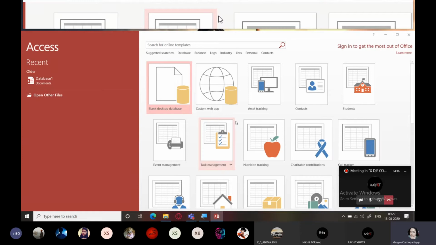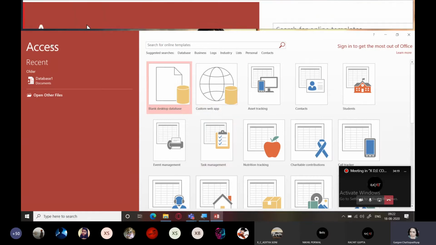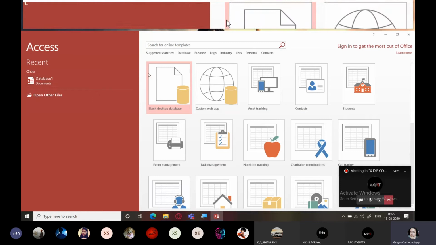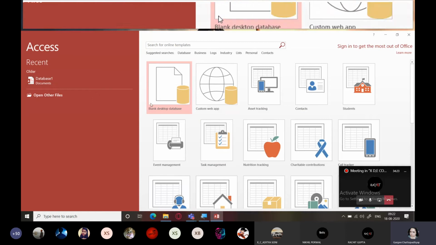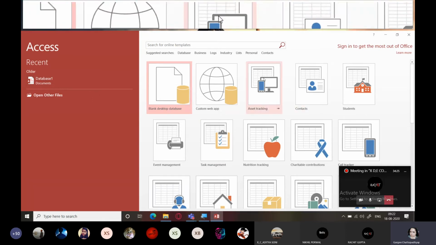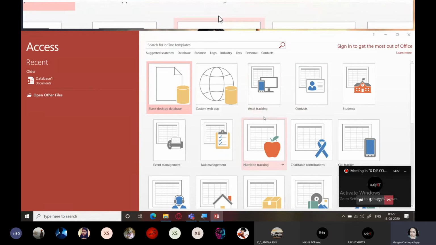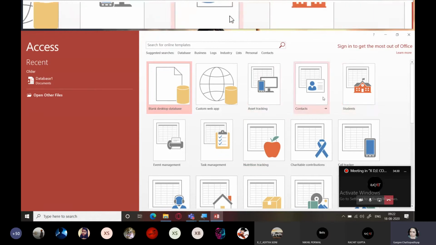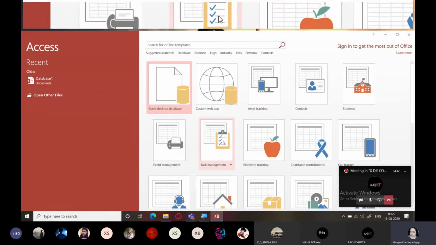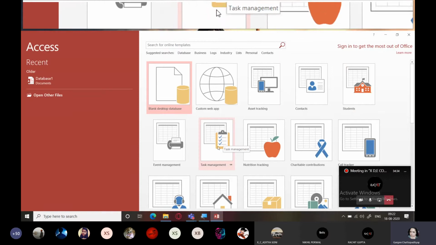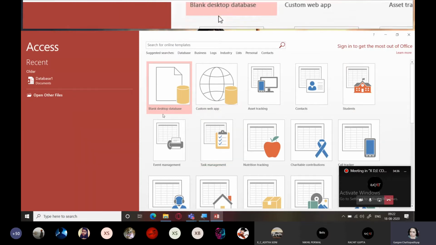Any version you use, the very first screen you get is something like this, which allows you to choose a database. Although it has some ready-made templates, as you can see here, like asset tracking, contacts, students, event management, task management, we will go for the very first one, that is blank desktop database.